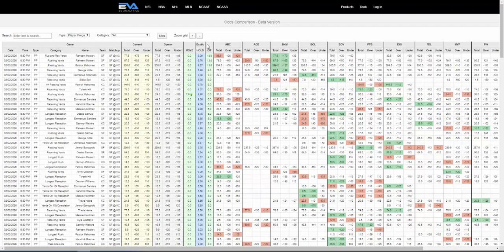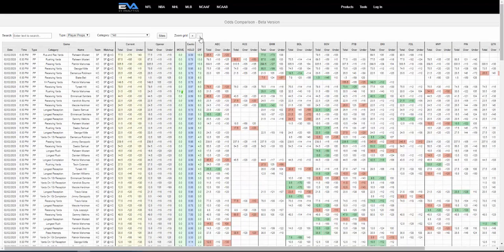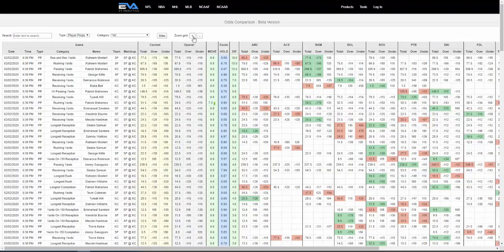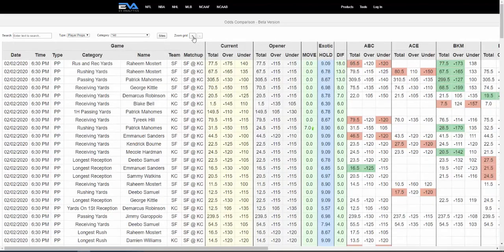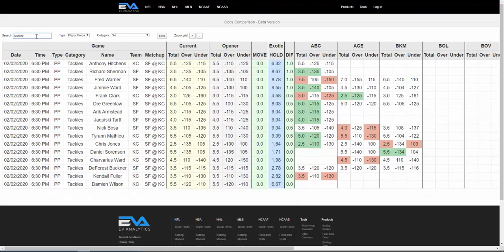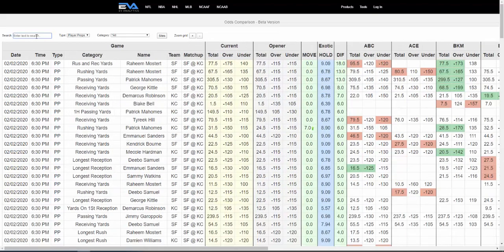With so much information at your disposal, you may want to zoom in or zoom out to best fit your monitor. And by accessing the search bar at the top, you can easily filter by the exact data you need. Search tackles, search for Patrick Mahomes odds,